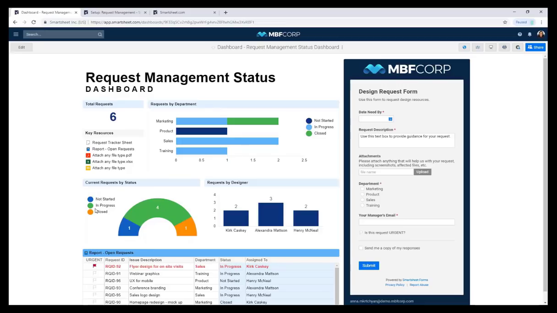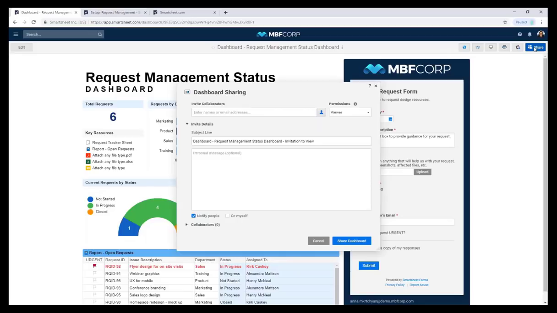Best part is I can share this with anyone without sharing my underlying sheets, forms, or reports, meaning that others in my organization have exactly the information I've chosen and don't have access to all of the details that my team is working on. Dashboards, just like sheets, have a share button at the top of the page,